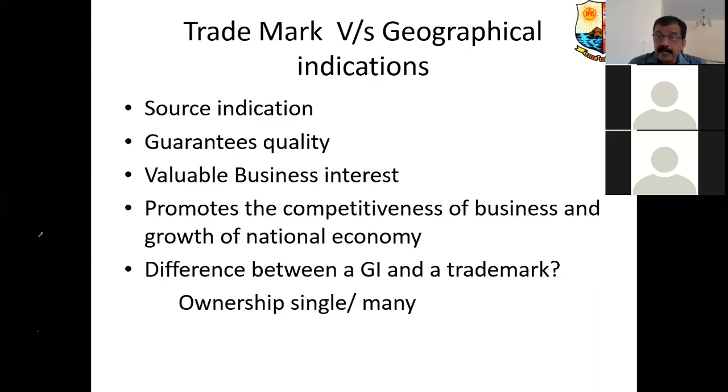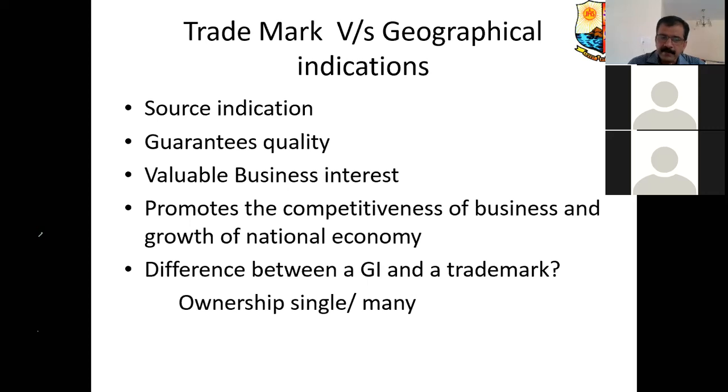It guarantees the quality. Trademark, I told you. When there's a trademark, you are familiar that this is a good quality item. Tata's, Infosys, TCS. It guarantees the quality. Here also, the GI tag gives a guarantee to the product. Valuable business interest. Therefore, anyone can easily purchase that item because he knows, because of the quality, it has a demand